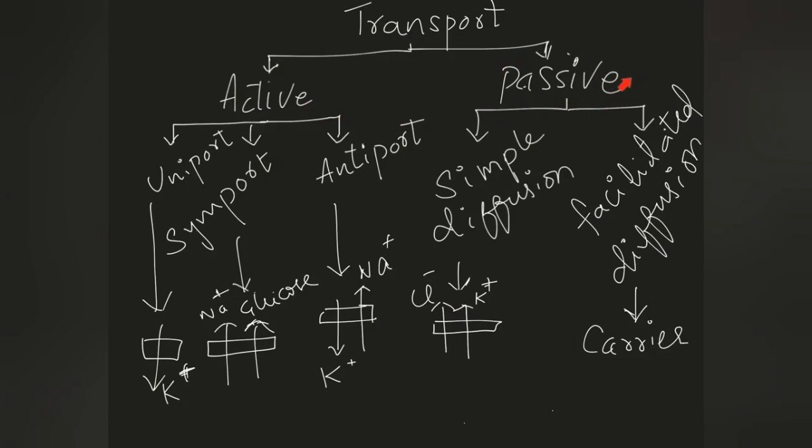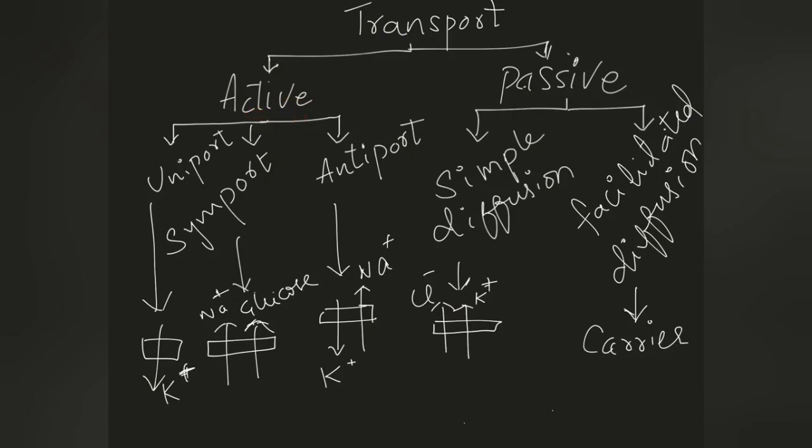As passive transport involves the permeability of the components through the plasma membrane, it is towards the concentration gradient. In passive transport, the molecules or the ions will move from a higher concentration to a lower concentration, so it doesn't require any energy. Whereas in active transport, the components have to pass through the membrane against the concentration gradient, that is from lower concentration to higher concentration, hence they require energy in the form of ATP.